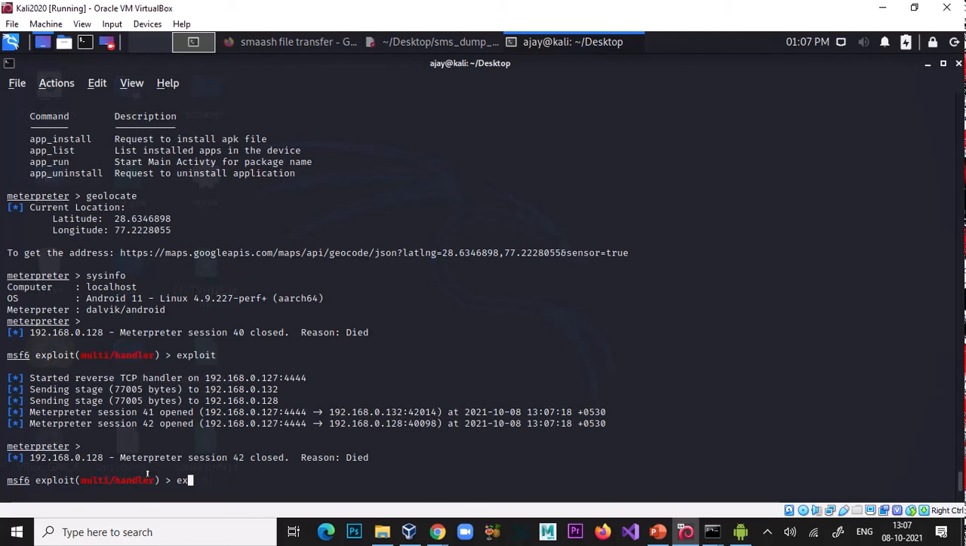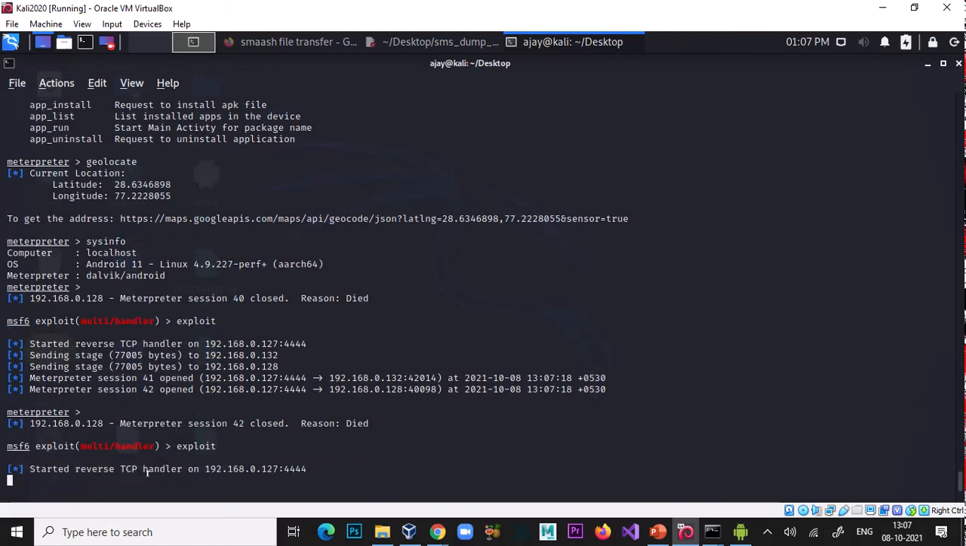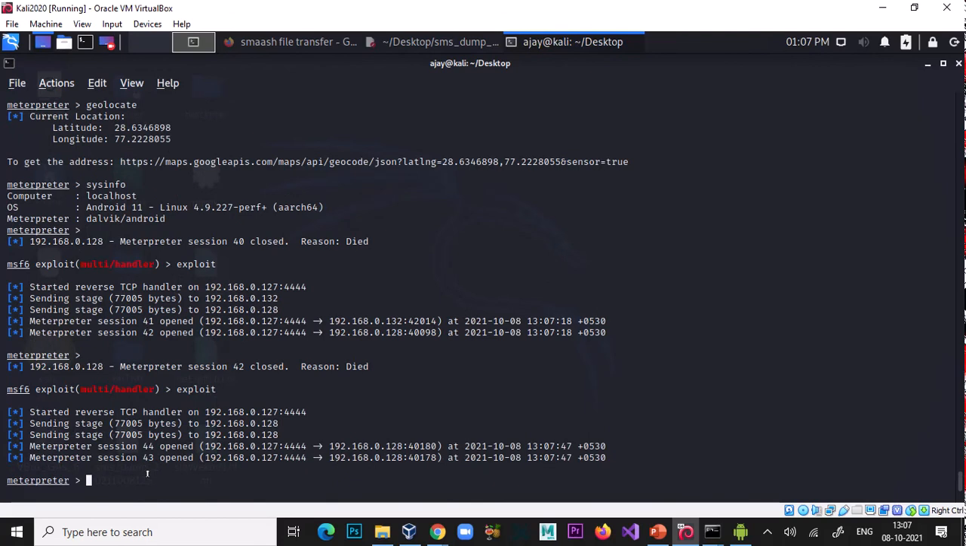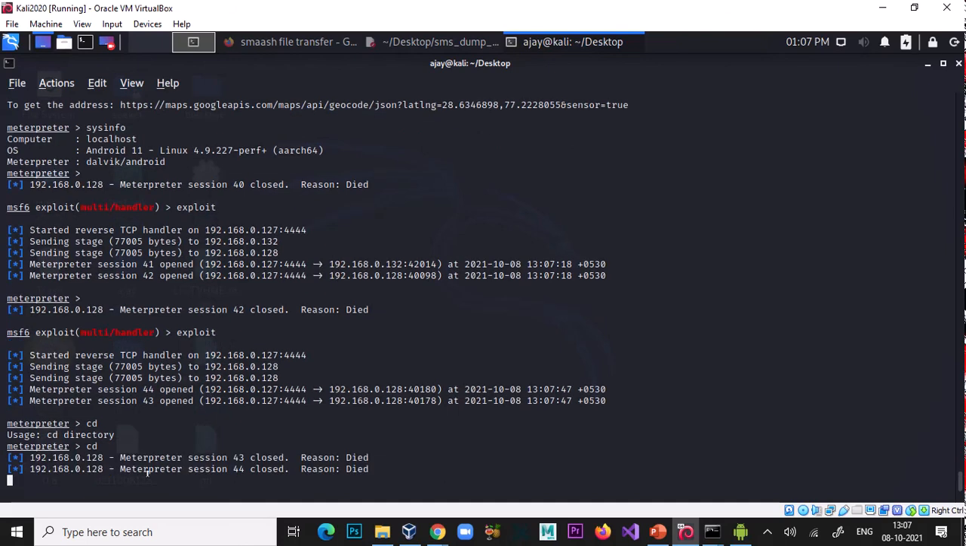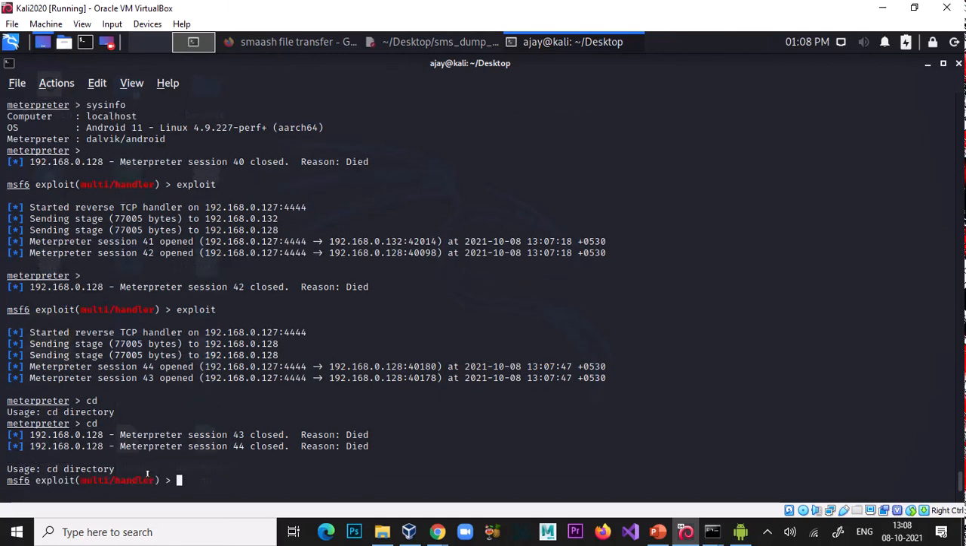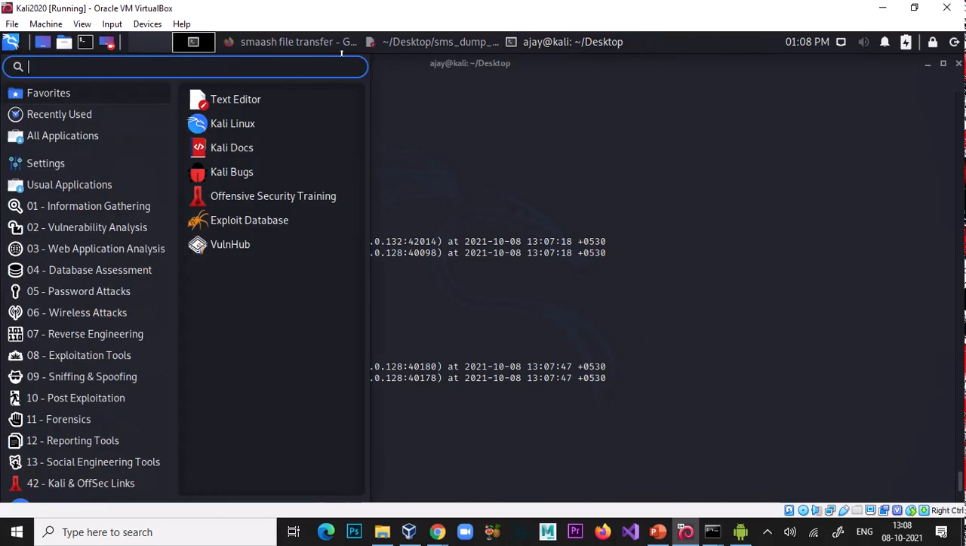download. CD. Oh man, it's not working. So it's not working properly, but I think you people have an idea about Android hacking, how you can hack the Android phone, and just do one thing,